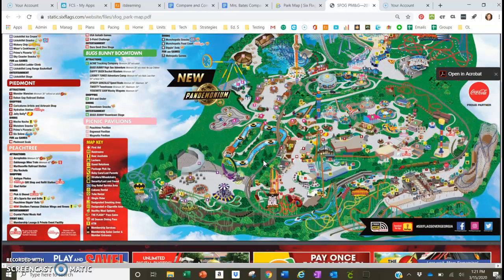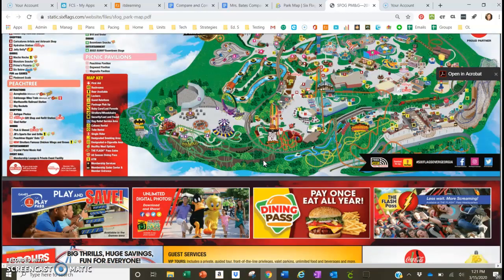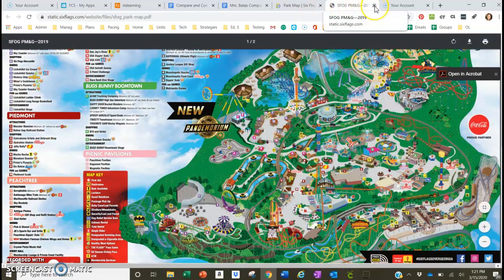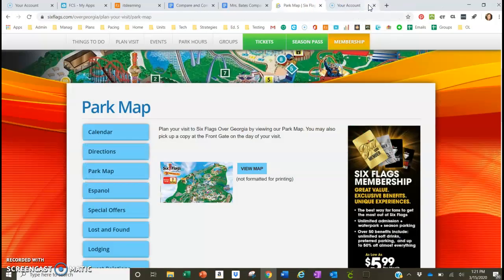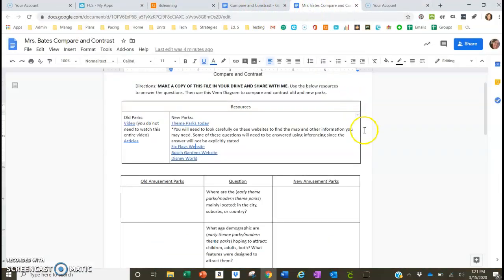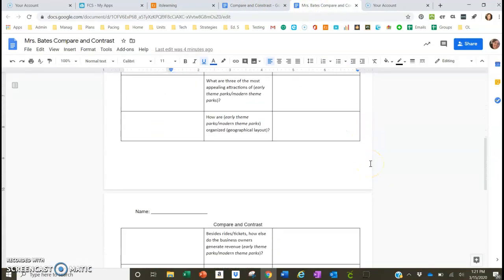So really be using this as a time to think about what you would like to include in your specific amusement park. Okay. Where did it go? I think you guys are really gonna have fun with this. All right, and then